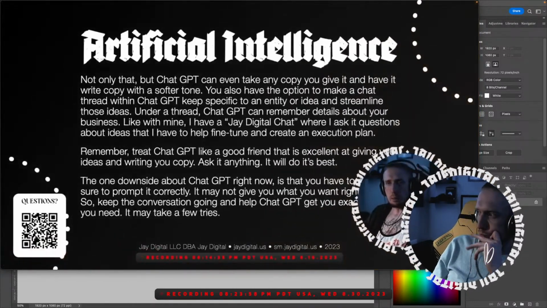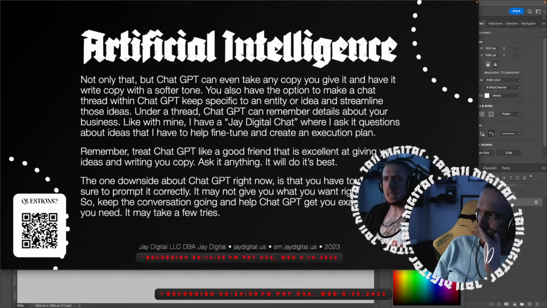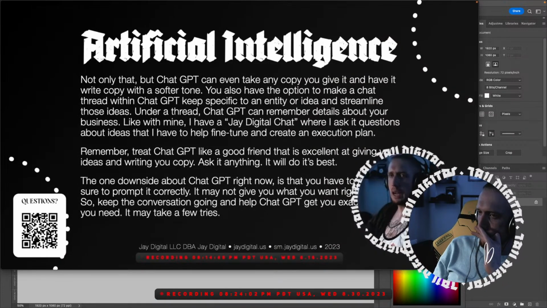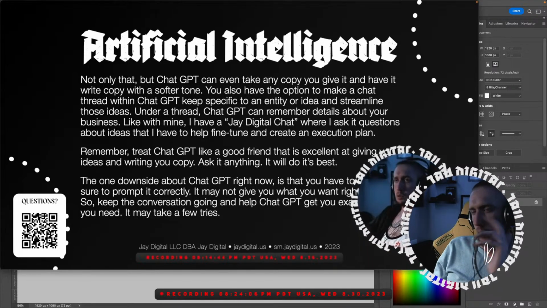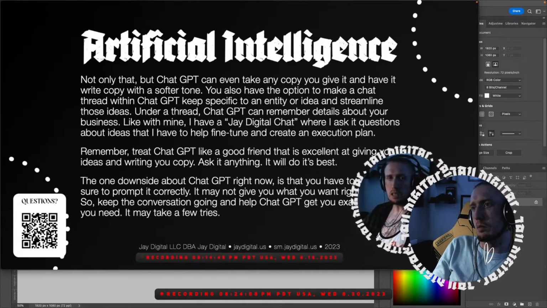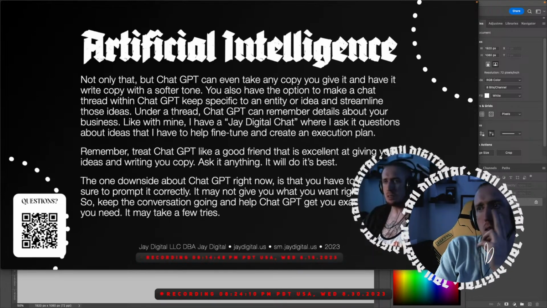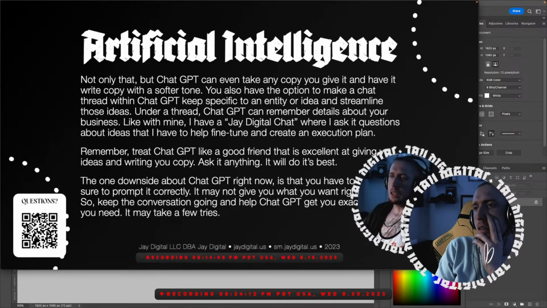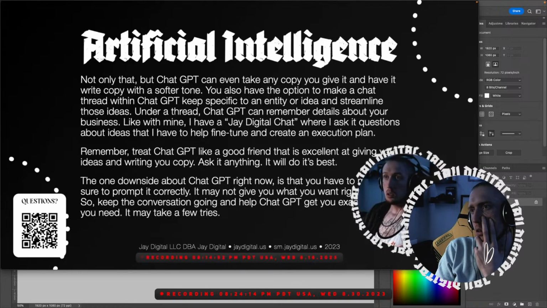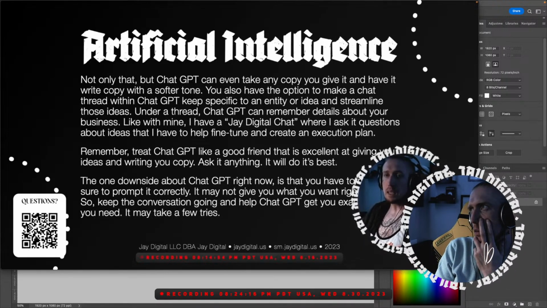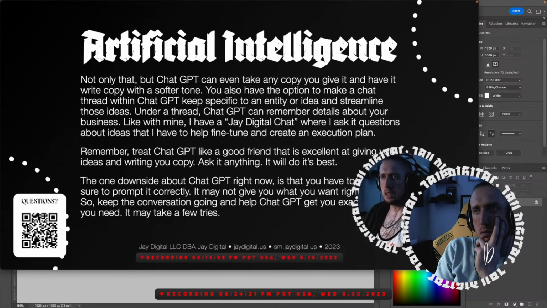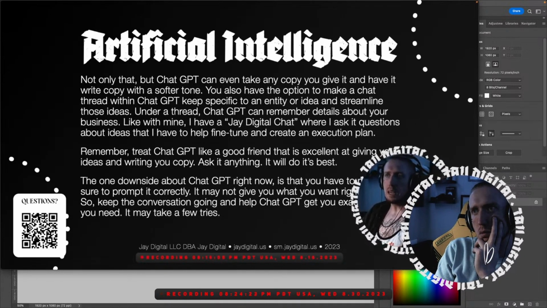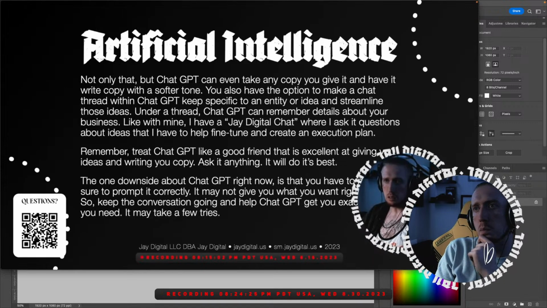Not only that, but ChatGPT can even take any copy you give it and have it write a copy with a softer tone, or really any tone, for that matter. You can give it a body of text and go, hey, write this more edgy, give this more sass, like that. It can do those things. You also have the option to make a chat thread within ChatGPT to keep specific to an entity or idea and streamline those ideas.